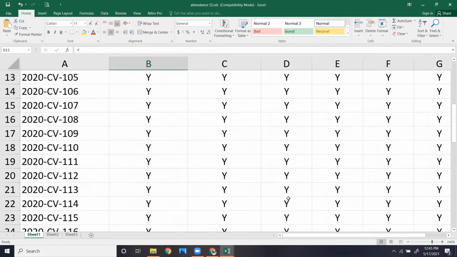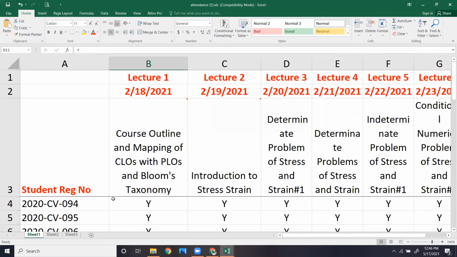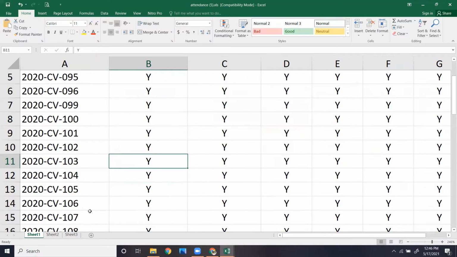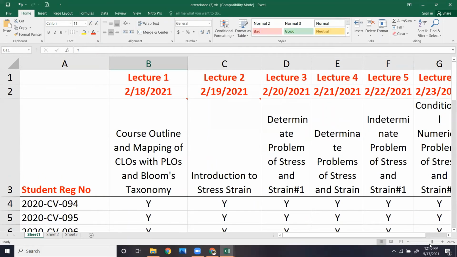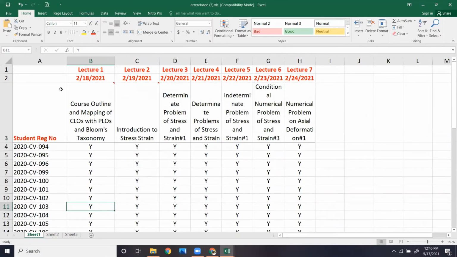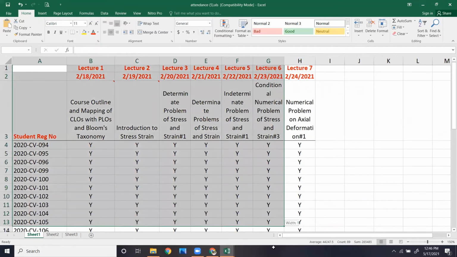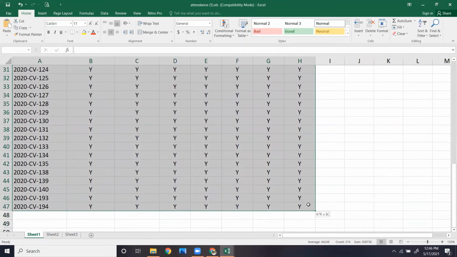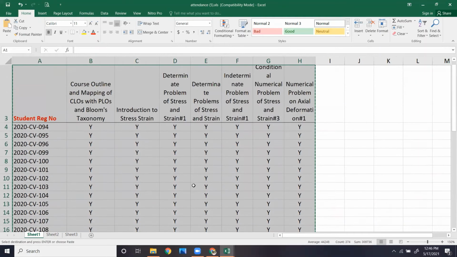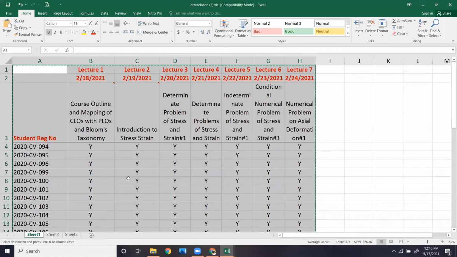I have already taken present/absent attendance in the Excel sheet, so obviously I can do it easily over there. This is the registration number of the students, you can see. I am just trying to copy this because I have already done it for 7 lectures. So I have to copy it, Control C, and you can see all the students are present, but it's not B. Obviously, you will have to put N. I'm just telling you how you can do it in the quickest way. I'm just giving you an example.